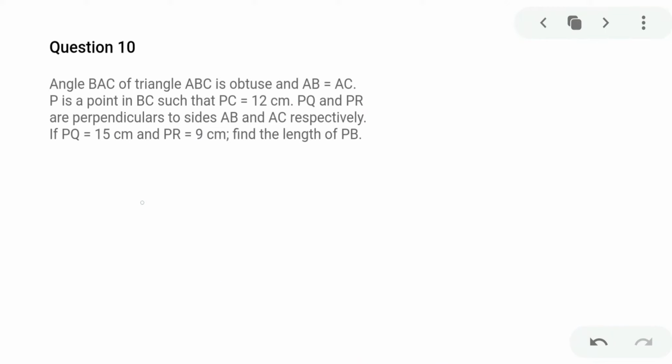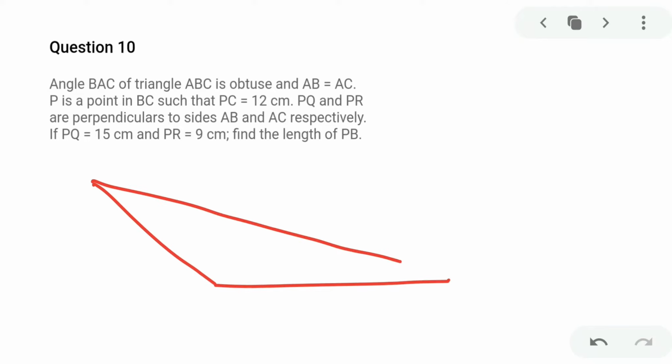Kids, let's go for next. Now in this, the triangle is not given, so I will quickly draw it. We have a triangle ABC. ABC is obtuse, so it is already given. It's an obtuse angle, so I will draw something like this. Obtuse means more than 90. I will put A here, B and C. So you got this. AB is equal to AC, so I will write AB is equal to AC. This is a given part to you.